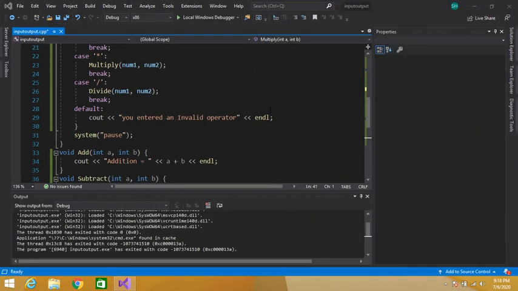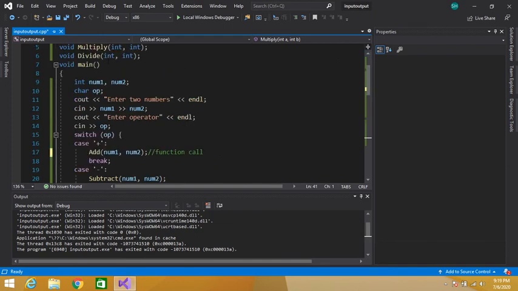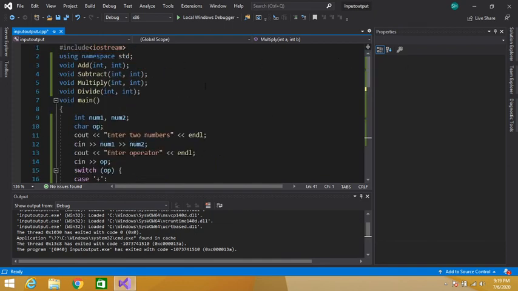So guys, this is a simple program for a calculator. We can also use float variables here if you want to add floating numbers. Instead of int, we can write the float data type here, or the long data type. If you want bigger numbers, then you can use the long data type here. Double or long double you can use.